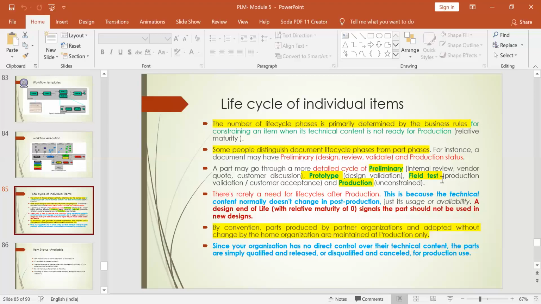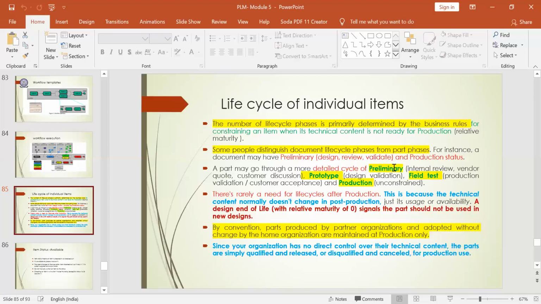Once the field test is also approved, then it comes to the production life cycle. So how you are producing the product in mass lot, in huge production, which all the operations are coming in completing the product. You have to manufacture n number of parts, you have to use n number of operations, and then it has to be checked for accuracy and precision, and then it has to be assembled into a single unit. So it has its own life cycle.